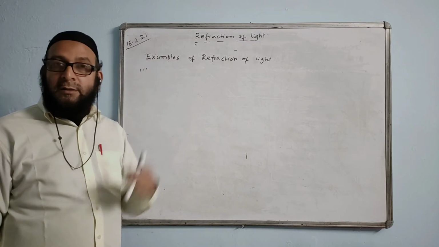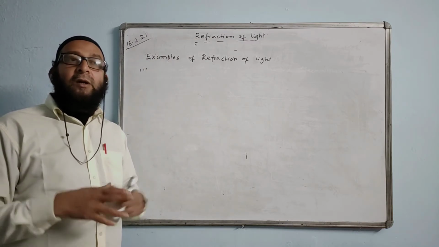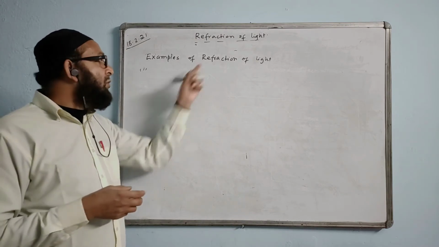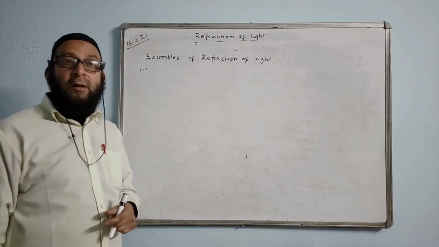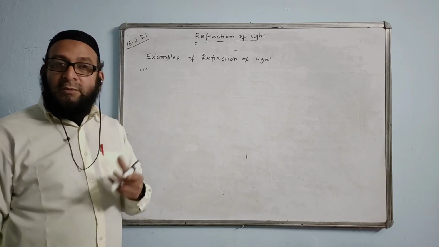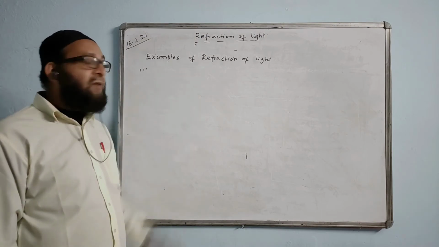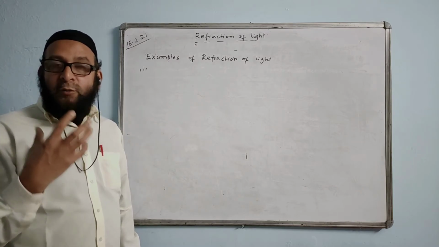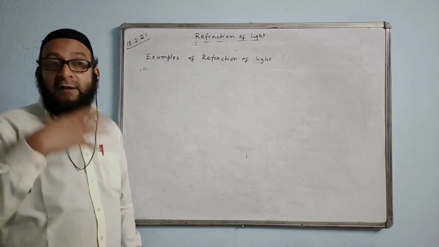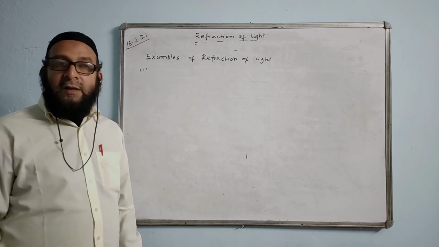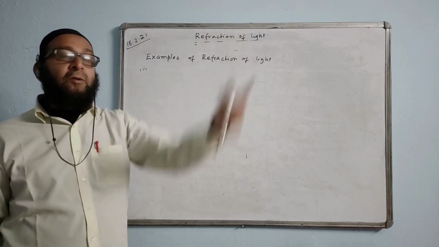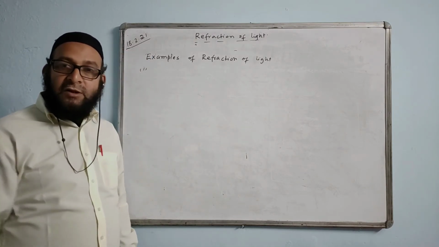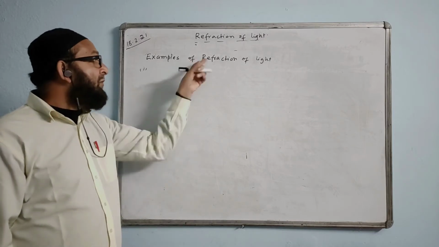Formation of twilight. The sun already will be setting, and before sunrise we start getting the sunlight. That is also due to the refraction effect, when the image of the sun is formed above its actual position, so the position of the sun appears to be raised. The face of a person appears to be shimmering, meaning a wavy effect, near a fire. When there is a fire, you see the face of the person on the other side start waving like this. That wavy effect is called the shimmering effect. That is also due to refraction.